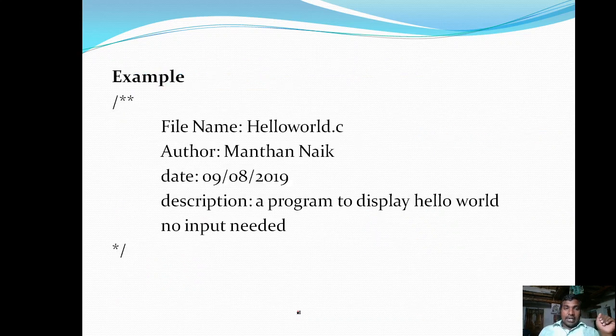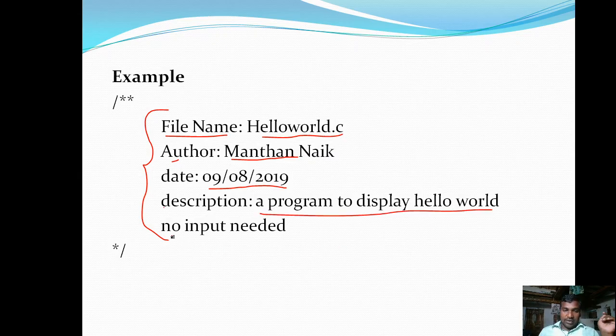Here is a simple example. It consists of the file name hello world.c, an author name Matan Nayak, a date 9/8/2019, and the description: a program to display hello world, no input needed. These are some information related to a particular C program.